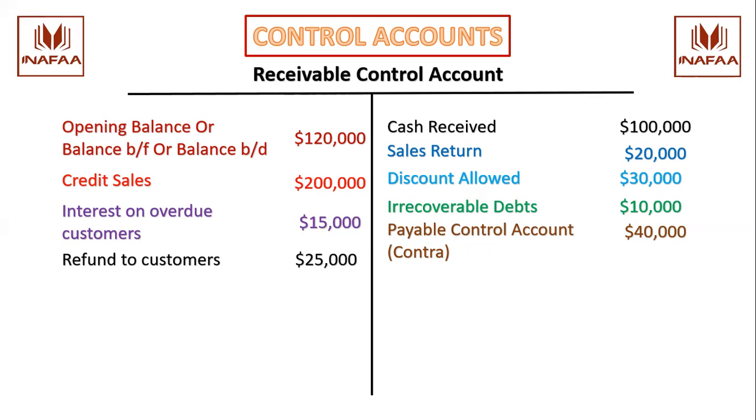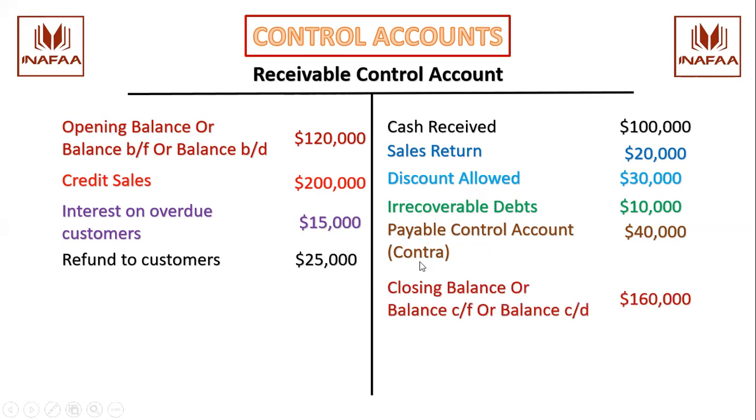So after all these transactions, we shall calculate the closing balance. You will calculate it just as we have already learned how to close the T accounts. We will total the debit side and we will total the credit side and we will record whatever balance is missing on the side. So you see the debit side is heavier. The total debit side amount is 200,000 plus 120,000 becomes 320,000, plus 15,000 makes 335,000, plus 25,000 that becomes